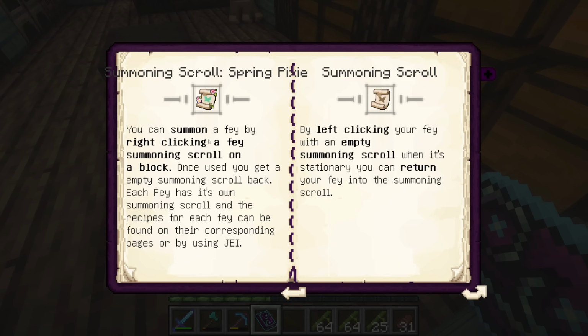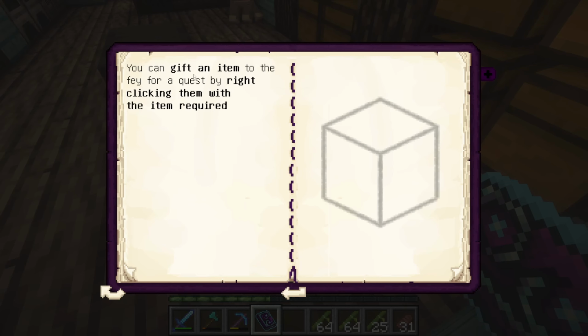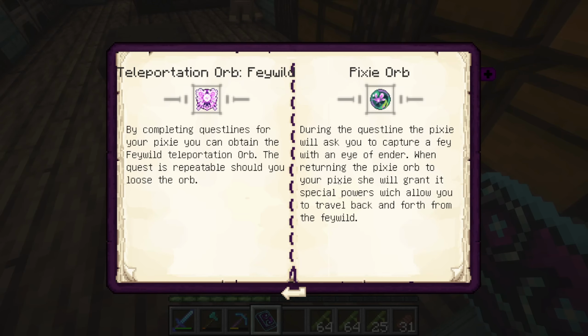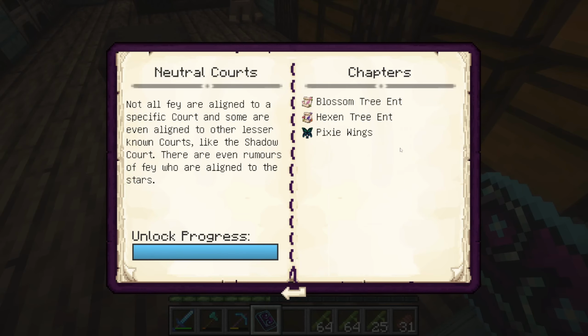Okay, handling fae. I can summon a fae by right-clicking a fae summoning scroll on a block, and I can return it. Gift an item by right-clicking them with the required item. The Feywild dimension. Okay, so this is just Feywild. So we want to do...